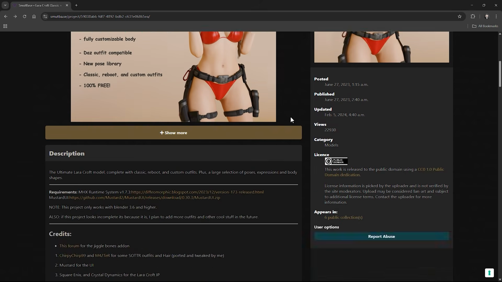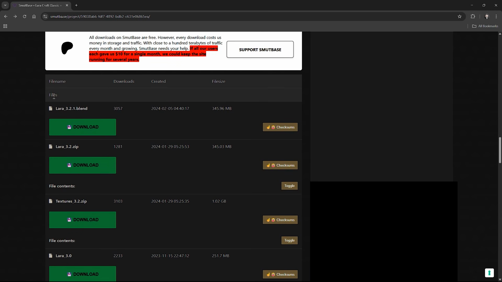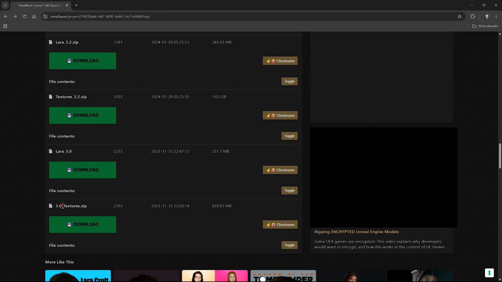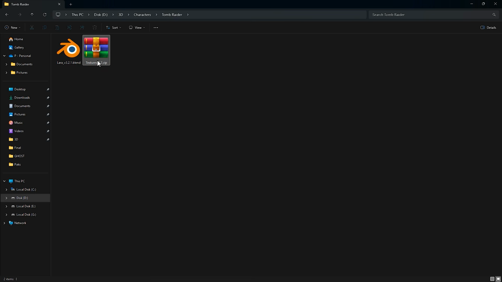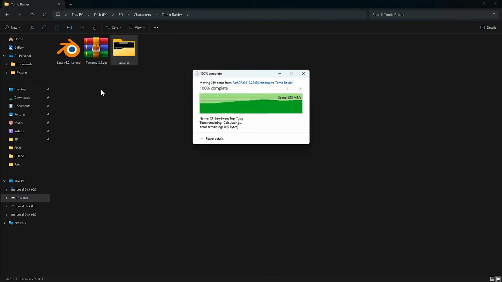Let's say we are downloading a model from SmutBase. In the Files section, you'll usually see a blend file. That's the Blender project with the model and rig, and sometimes a separate file for textures. A lot of models include the textures inside the blend, but if you see a separate texture file, download that too. Now extract the textures into the same folder as the blend file, so when you open Blender, it